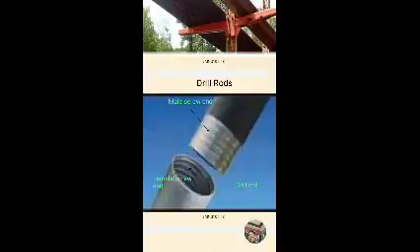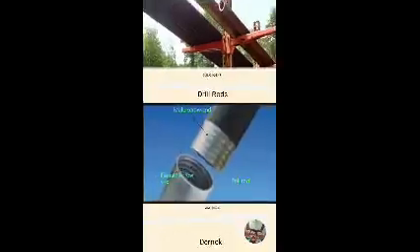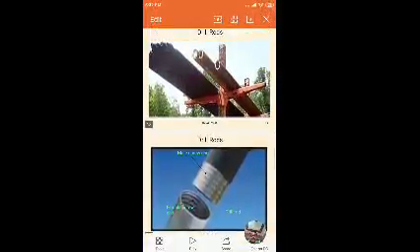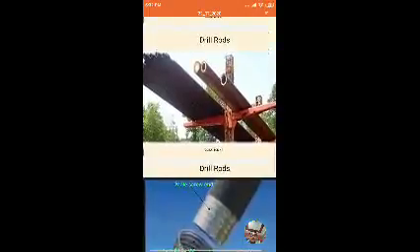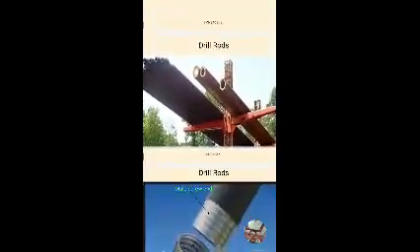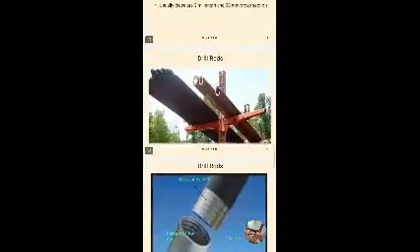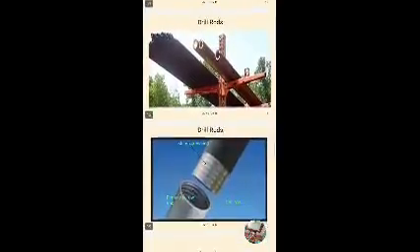As long as the depth you require, it will be possible by attaching the drill rods. This is drill rod. Actually, so many drill rods are required. It depends upon the depth.